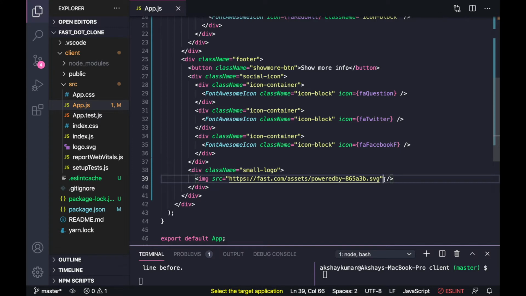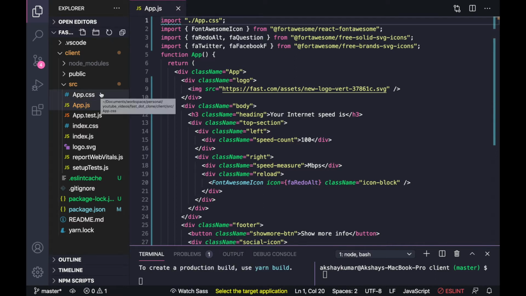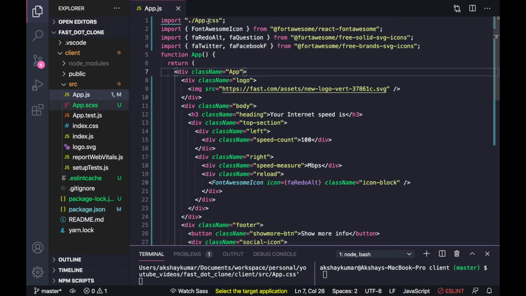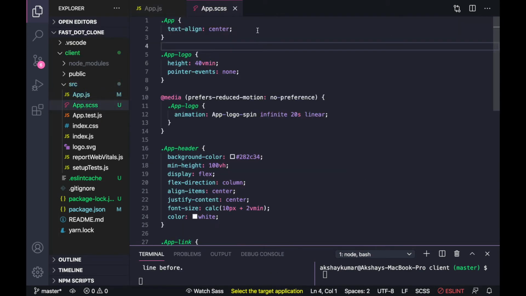Now the HTML part is finished, and we will write the CSS for this. Now we will change app.css to SCSS, and we will change here also. Now open the SCSS file. I will delete everything from here.